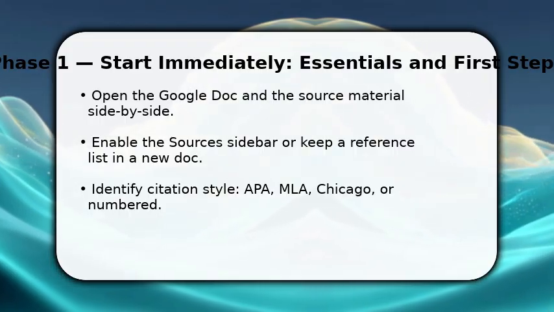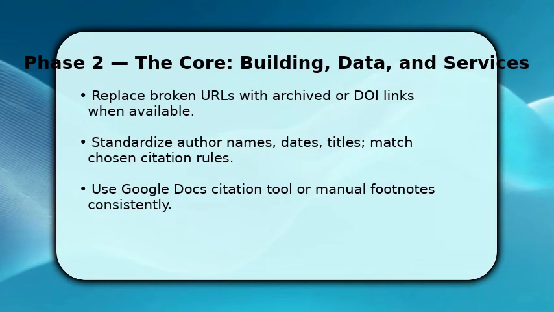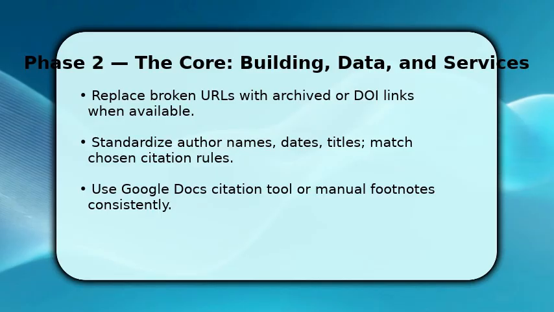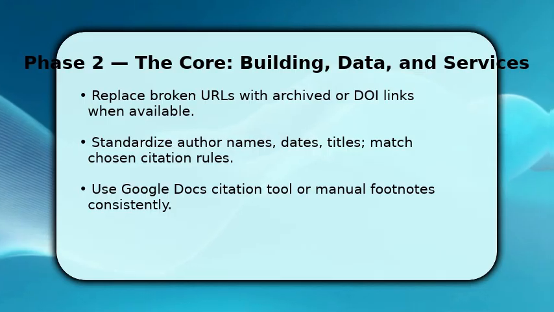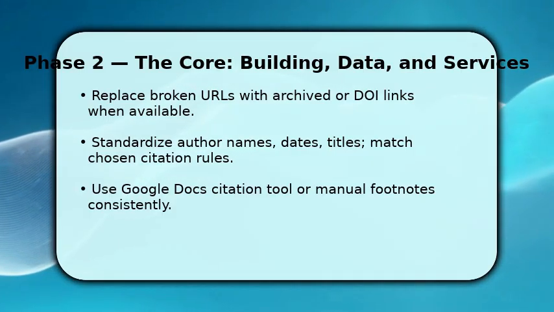Now, proceed to replace broken links and missing author data. Now you fix each reference. Copy authoritative data from sources and replace broken URLs with DOIs or archived links when possible, because persistent links reduce future breaks. Then standardize author names, dates, titles, and punctuation to match your selected citation style, since consistency prevents grading